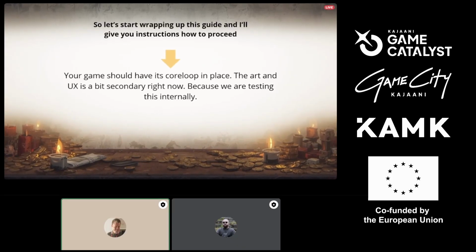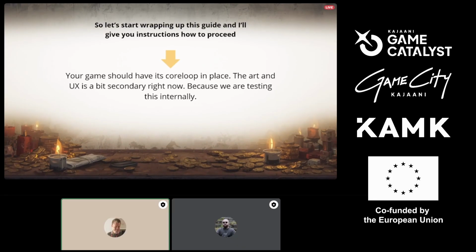And your game should have its core loop in place. The art and the UX is a bit secondary right now because we are testing this game internally. Let's put it this way, that we are all professional game developers here, so it's okay to have rough looking stuff by the end of 17th.